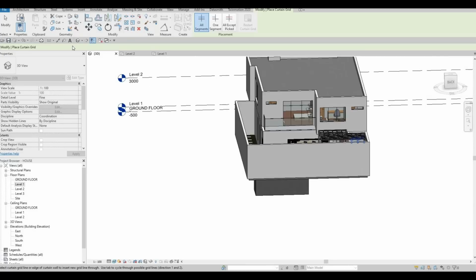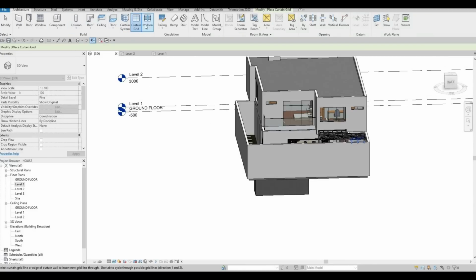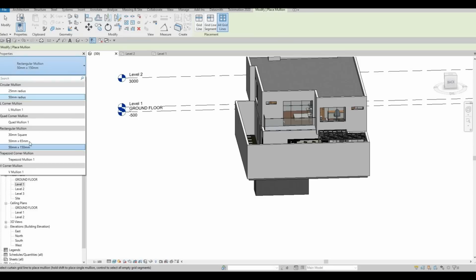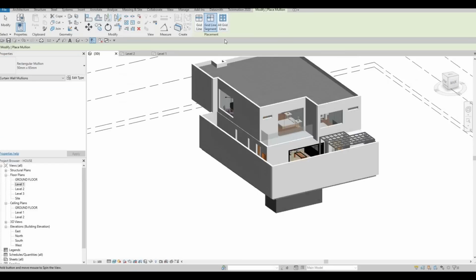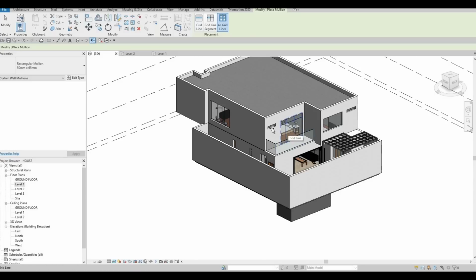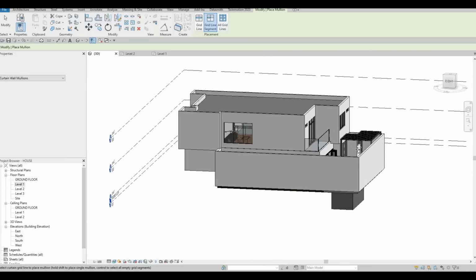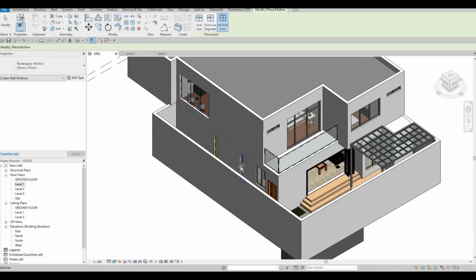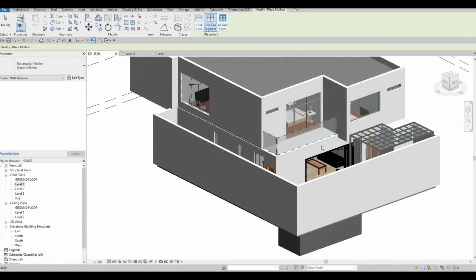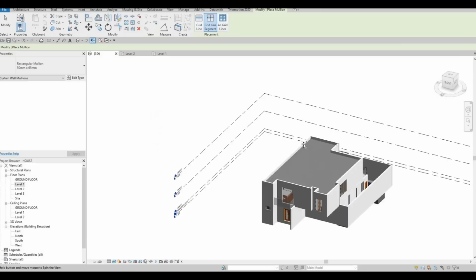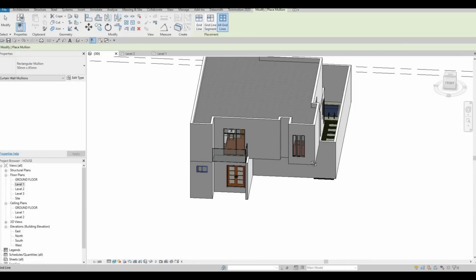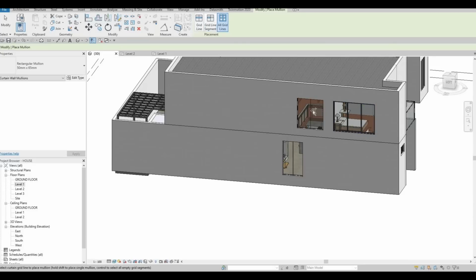What I'm gonna do next is go to architecture, add in mullion, and then here we could add in all grid lines. Let's change this to 50 by 65, and then click on all grid. So we need to just select those there, and wherever you put your grid line, your curtain grid, just select those. And as you can see, it's easy to select and everything will form by itself. And then once you finish it,